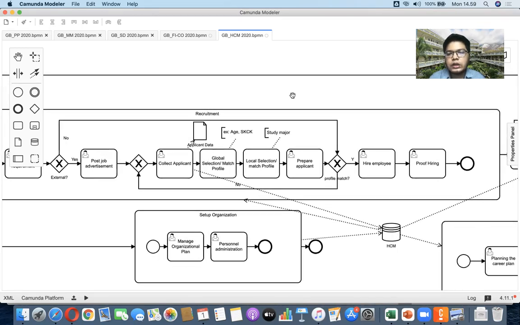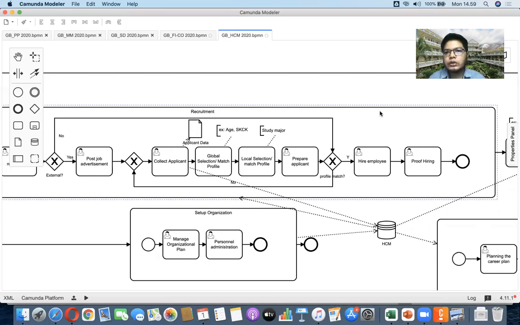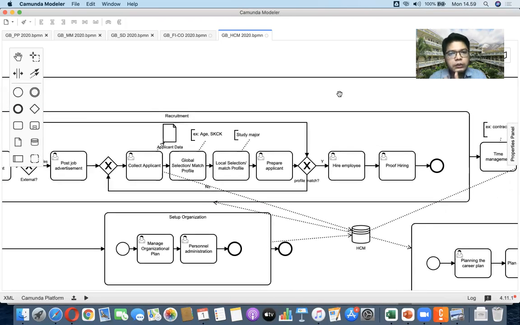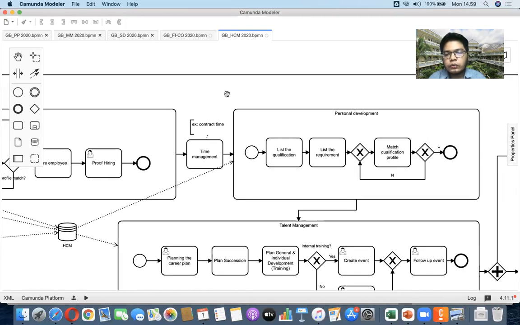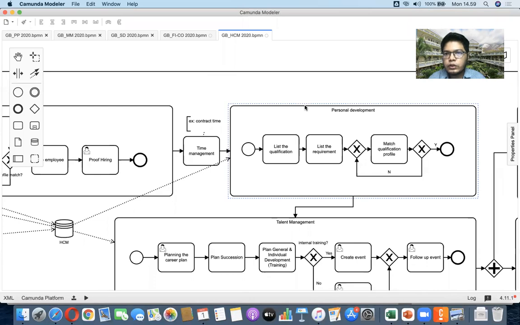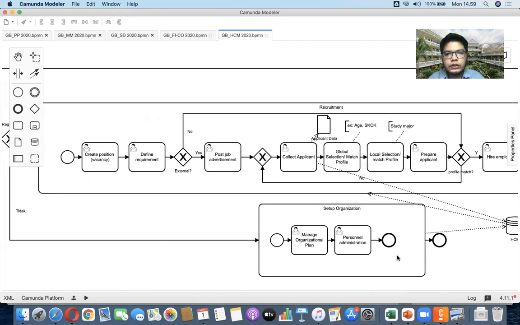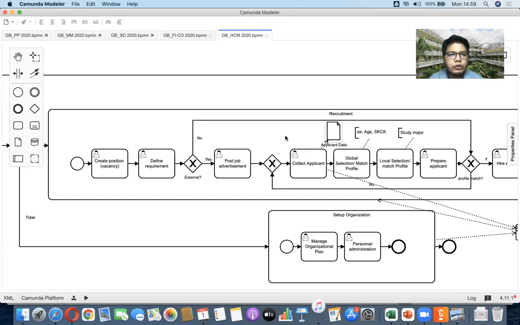Basically, we can say that it's a process itself, so that's why we can use them as sub processes. You remember sub process when we learned about the introduction to business process with BPMN. As you can see here, recruitment is a big subject. It has a process. It will be the same case with personal development or perhaps talent management. So it will be a set of activities for each of them. For recruitment, we will learn again from this.